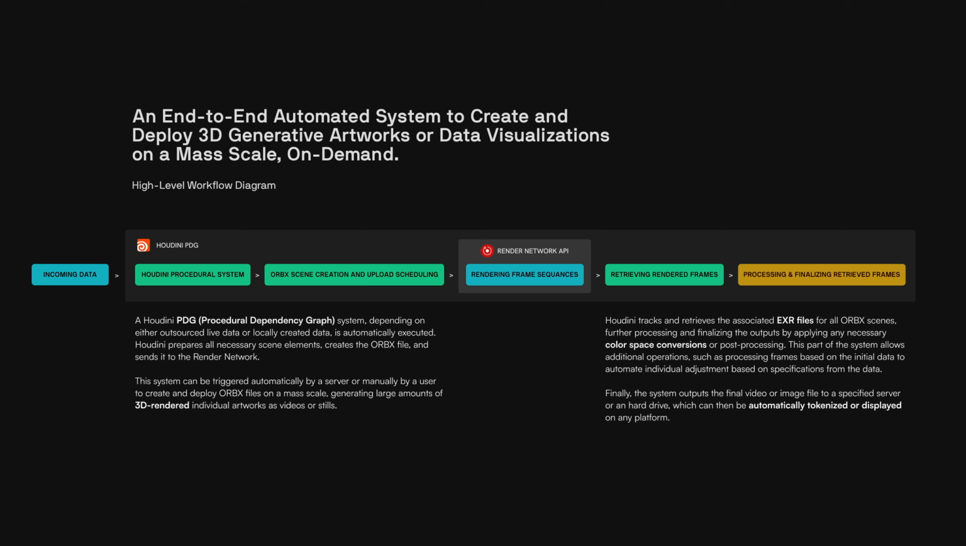Hi, here's a quick demo of this workflow and the HDA I created for using the Render Network API directly inside Houdini. It's a very plug-and-play system that automates the creation of generative artworks or any other projects that require managing scenes and renders on a mass scale, in a really streamlined way. It basically enables you to create a very large amount of data without setting up an expensive render farm or